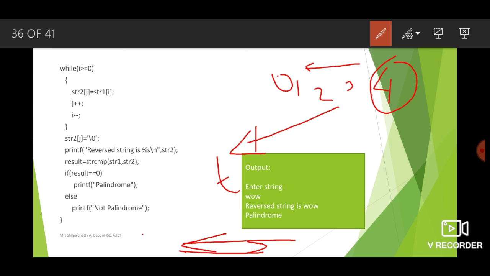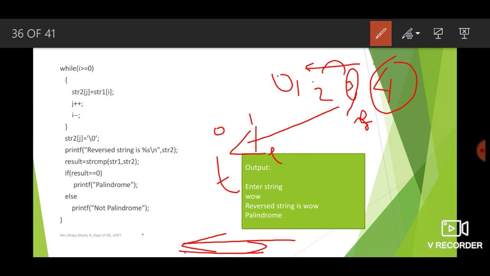What is str1 of I? I got decremented. I is here now at 3. So J got incremented. J, which was at 0, now becomes 1. So str1 of 3 should get copied to str2 of 1. What is there at str1 of 3? The last word, one character, that is E. E will be copied here.